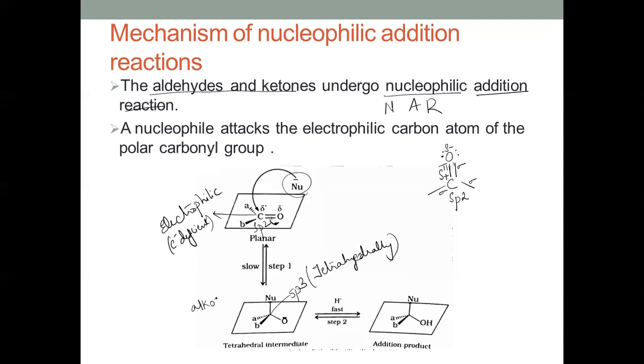Okay, tetrahedral alkoxide. We are also calling it tetrahedral alkoxide, which is being formed, and the hybridization of the carbon atom has changed from sp2 to sp3. And this is a reversible reaction. And this alkoxide ion, the tetrahedral intermediate, will